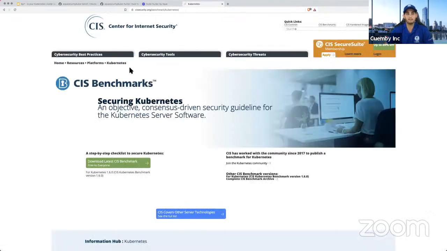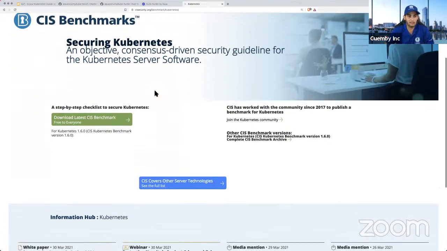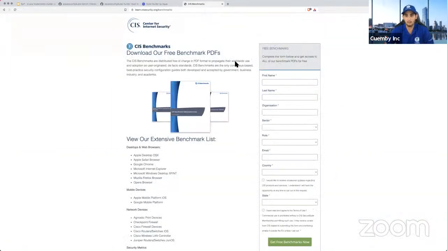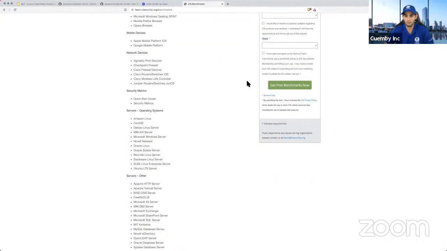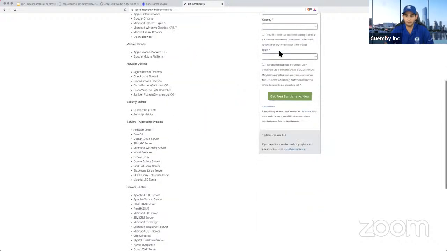So yeah, this is the CIS. As you can see here, I went straight to the benchmark for Kubernetes. What I'm getting here is a list of benchmarks that I can download, right? If I click here, of course, it's going to ask me for a bunch of information, but it's okay, you can always fill it in.